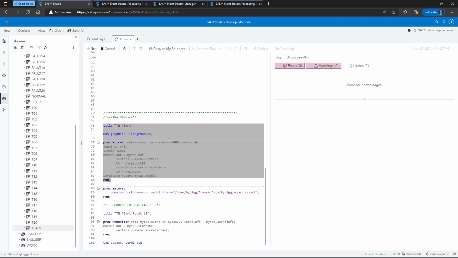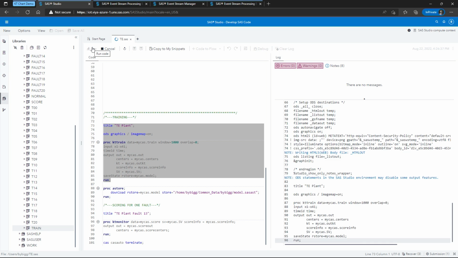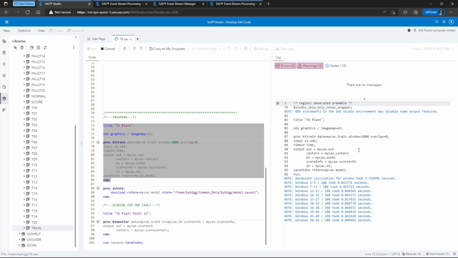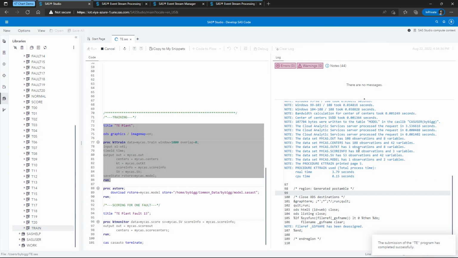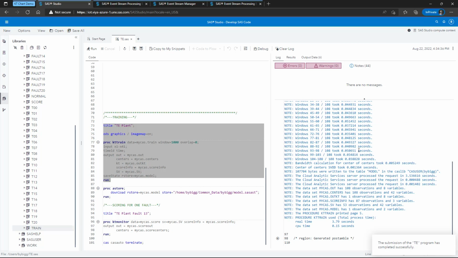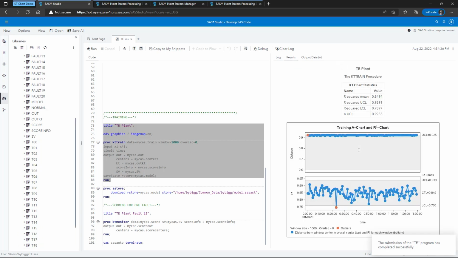So let's run that training. And what it's doing, like I said, is running 108 SVDDs, each on 1,000 points, representing 108 windows in the data. And it's looking at the spread in the data and the centers of each of those SVDD clusters and generating control limits based on those values.